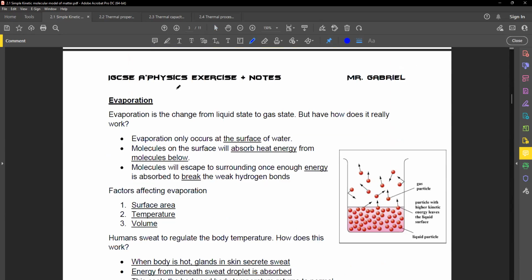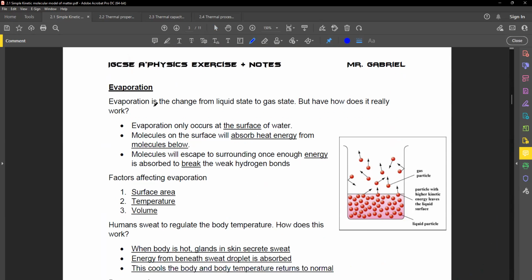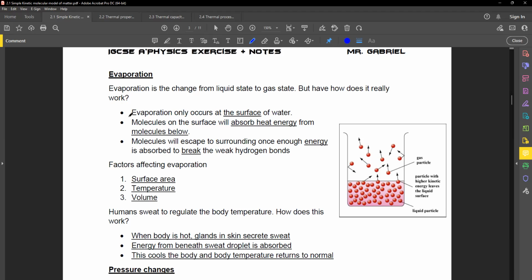Then moving on to this part here is one of the relatively more important parts as well. I can see this coming up in your IGCSEs quite often, and you can be sure to expect one or two questions in your test next week as well, in terms of evaporation. Now, in terms of evaporation, you have to be able to explain step by step how evaporation occurs in terms of the molecular structure, guys. And like I mentioned over and over again, in order to explain this, you just need to understand that evaporation